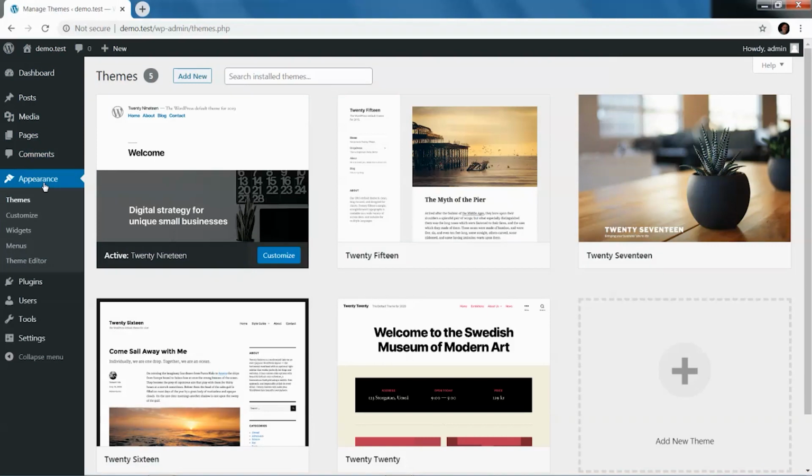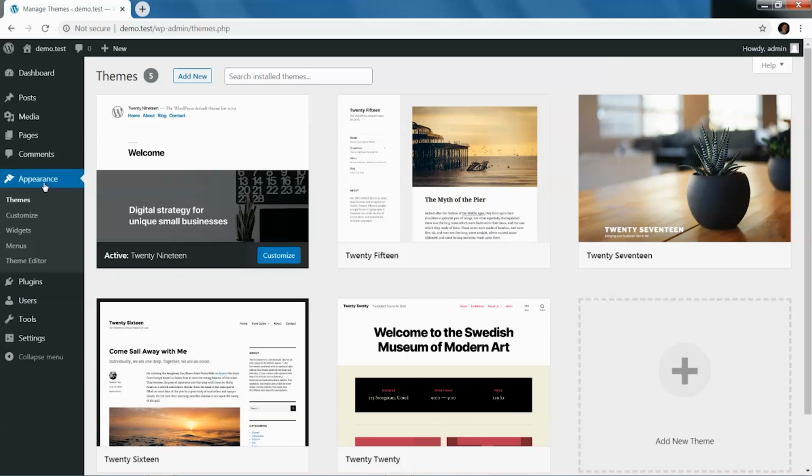So the appearance is where you can change your theme. As you can see, these are the themes I have installed. If you notice, there's a common thread running amongst all these themes. They're all 20-something: 2015, 2019, 2017, 2016, 2020. These are default themes that are shipped with a new WordPress install. And so 2020 came in with this WordPress install when I updated from the version I had running before to the latest 5.4.1. Basically, these are good themes to have around if you're looking to get into theme development, or even if you just want to use something basic to get your site started.